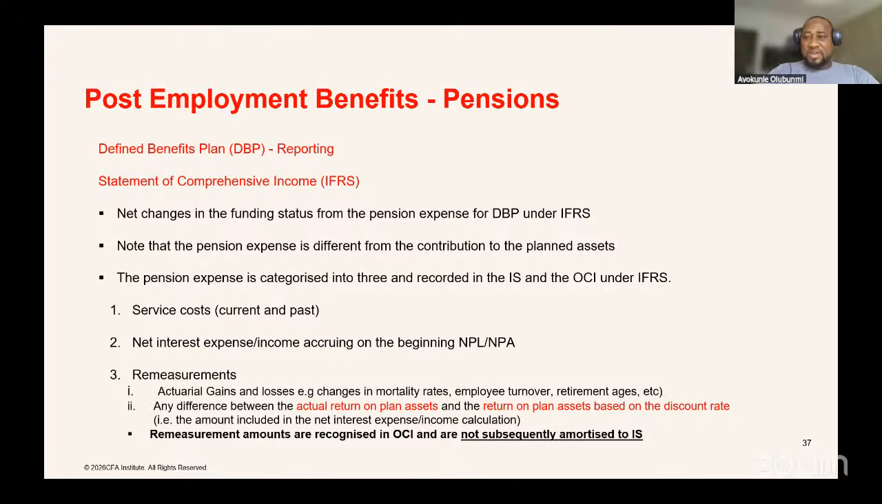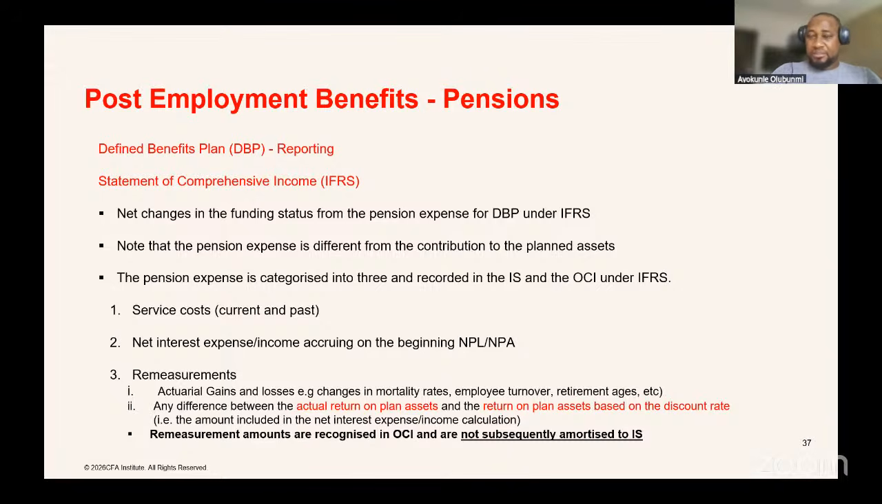Under IFRS, there are three things that contribute to that movement. The first one is the service cost. The second one is the net interest income or expense. And the third one is remeasurements. For your service costs, we have what we call your current service cost and the past service cost. Current service cost is the increase in the pension liability, or what you've earned as an employee by working for another year. While for past service costs, these are changes,